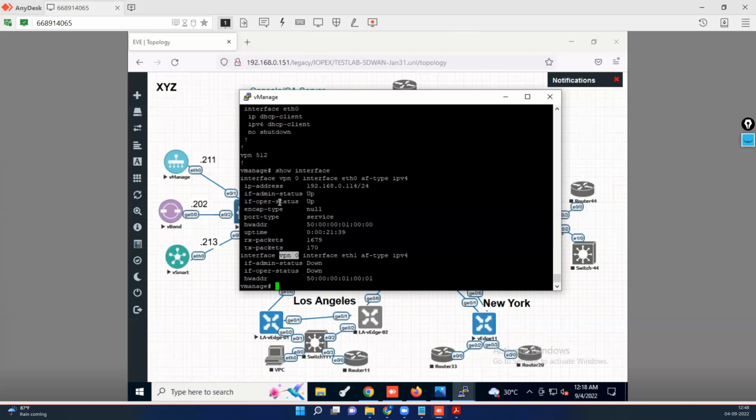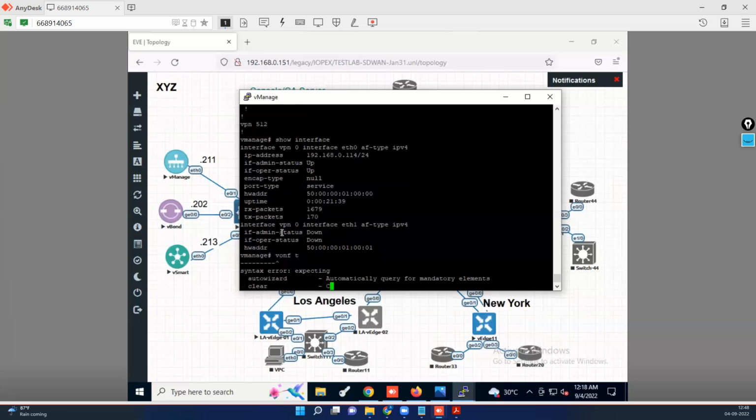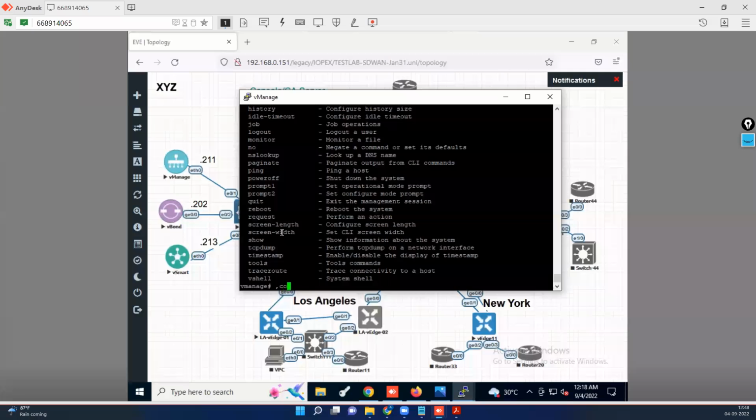So vManage comes with two Ethernet interfaces, and by default both belong to VPN 0. What about VPN 512? It is there but blank, nothing is inside VPN 512. If I want VPN 512 to have Ethernet 1... As per my topology, which interface am I using? Ethernet 0. So Ethernet 0 will be in VPN 0, and in VPN 512 there is no interface. If I want VPN 512 to have some interface,